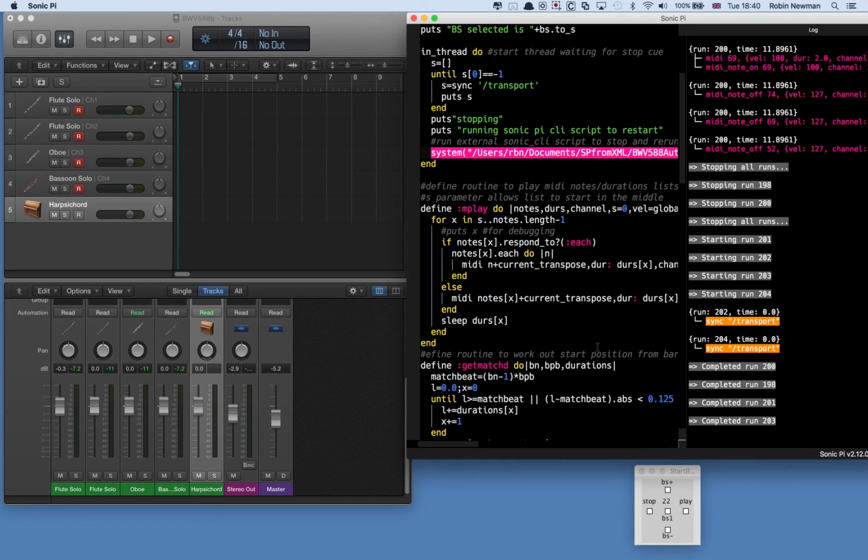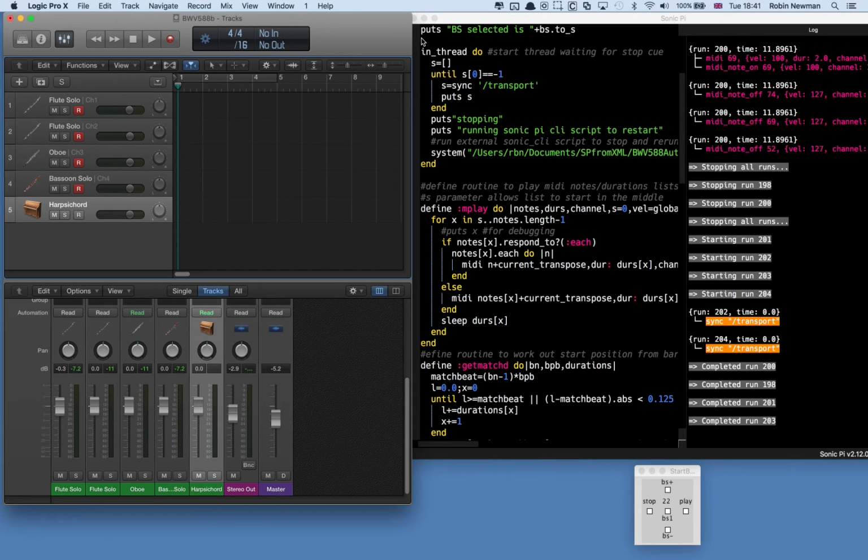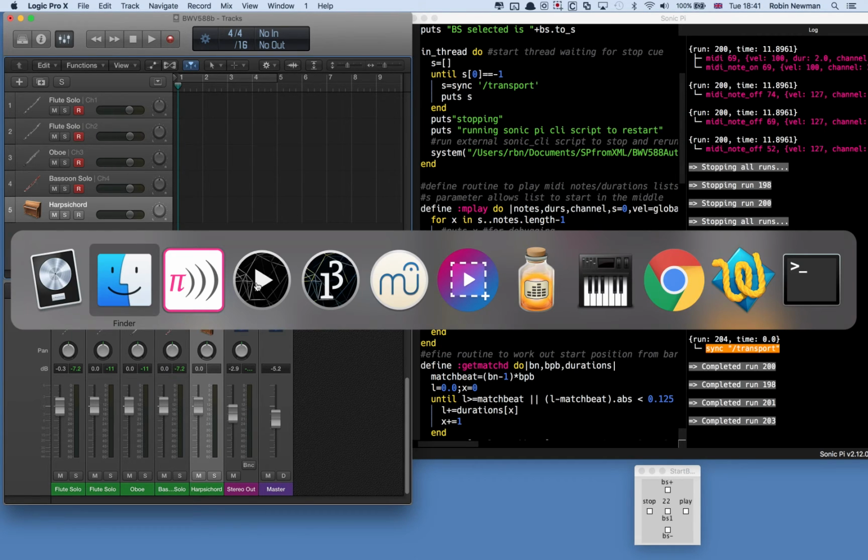Now, the program is, in this case, going to play MIDI, or send MIDI note output, to my MIDI player, which is actually Logic Pro that we have here. Which is going to send it to Logic Pro, which is my player. And this is connected by means of the